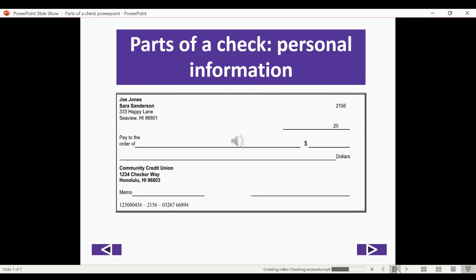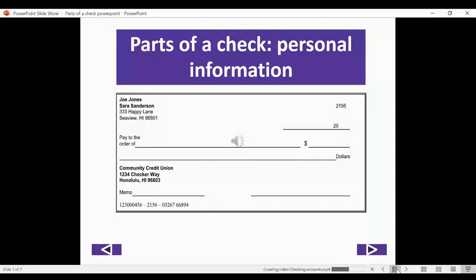Since a check is a legal document, it is important to write the check following a legal format. A check that is incorrectly written will not be accepted by a bank. In the next several slides, you will learn about the different parts of a check. On your notes, not only fill in the check as we move through it, but also make notes about the